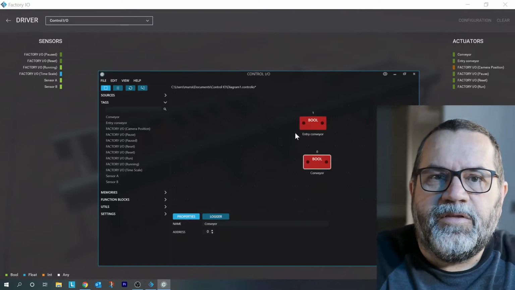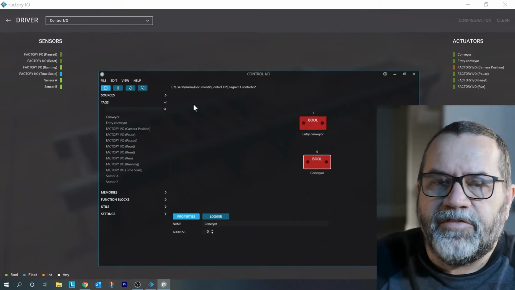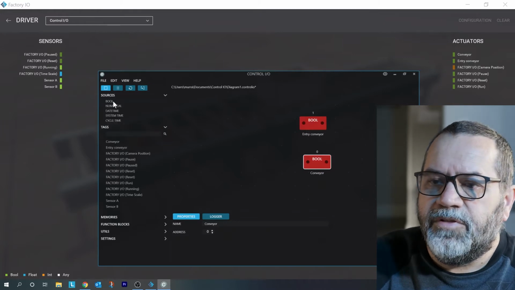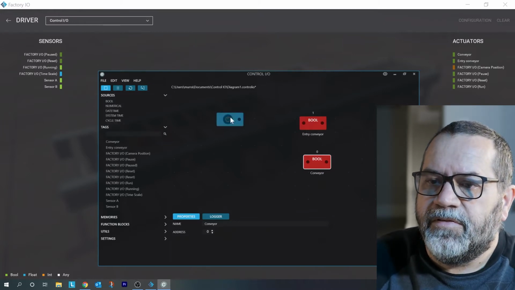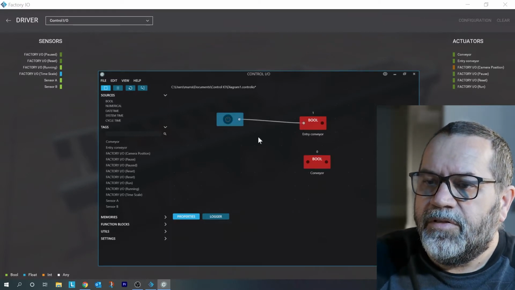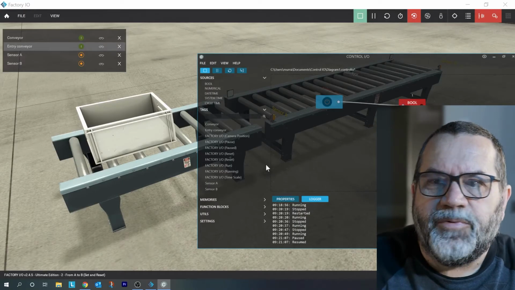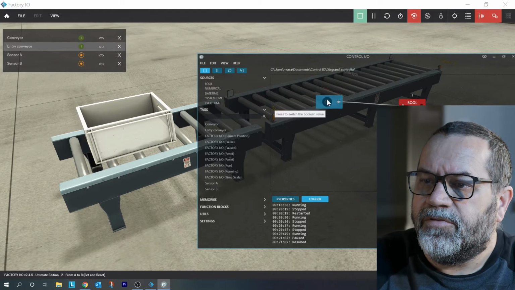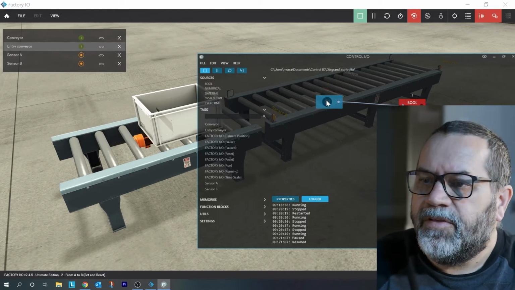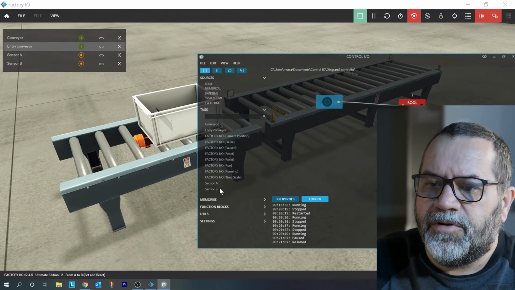Okay, for the entry conveyor, I just want to turn that on. I don't have any sensor to turn it on. So I'll go up here to sources, and I need a Boolean input. And that's just a button, on off. So I'll hook that to my entry conveyor. Alright, let's see how this works when I have my Boolean control. When I push this button, my conveyor goes on. So that's pretty neat. Now I need to turn on the second conveyor, and I want to use my sensors